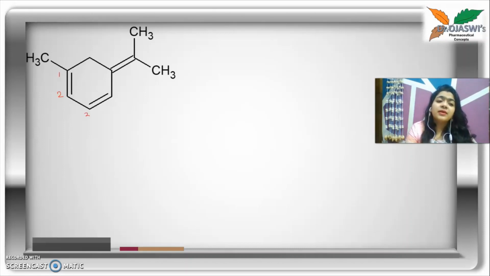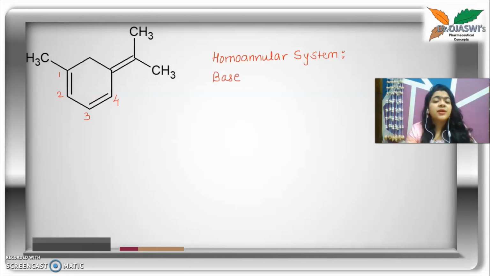So here I am writing 1, 2, 3, 4 for the double bonds which I see in conjugation, and whenever you see double bonds in conjugation, if they are present in ring form and some are present outside the ring, then give preference to homoannular system. So I identify this particular system as homoannular system and I am writing base value as 253 nanometers for that. But here I see third double bond also, which is in conjugation. So I number them as 5 and 6 and I call it as extended conjugation.